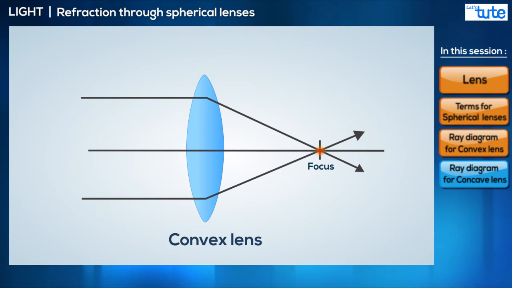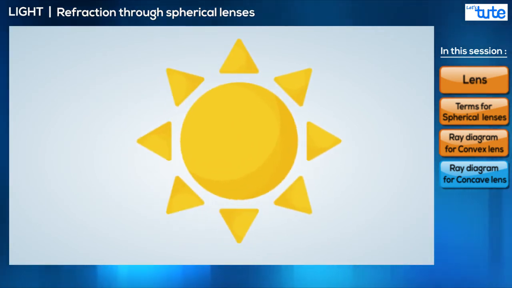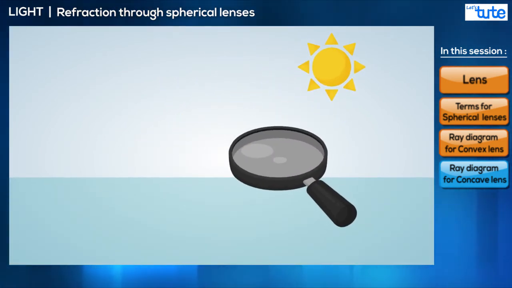This is how you harness the power of the sun. You can use a convex lens to start a fire in a survival situation. Since a convex lens will converge all the parallel rays of sunlight at the focus, if you keep dry paper or leaves at the focus of the lens, then the converging rays will heat it up and it will start to burn. Thus, convex lenses are really useful in survival situations.